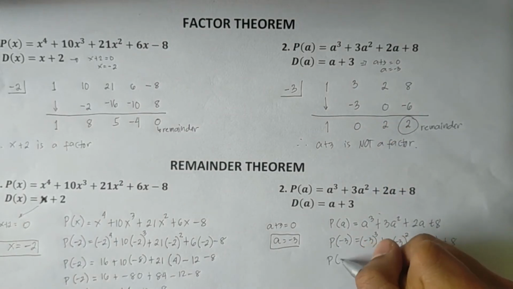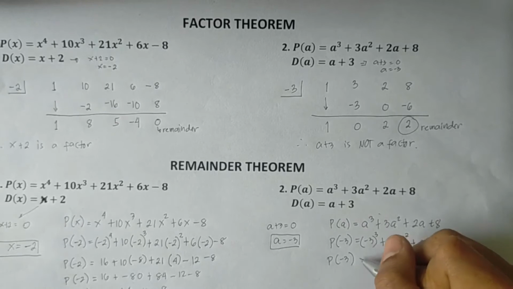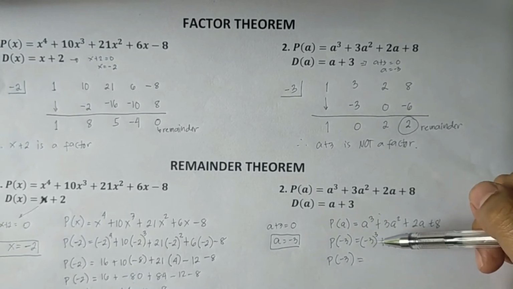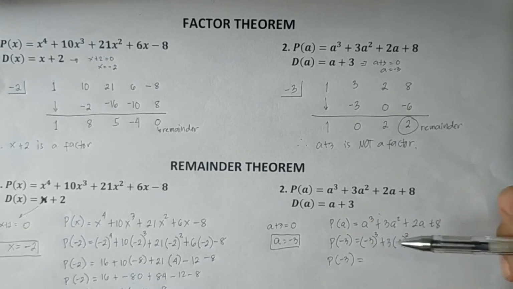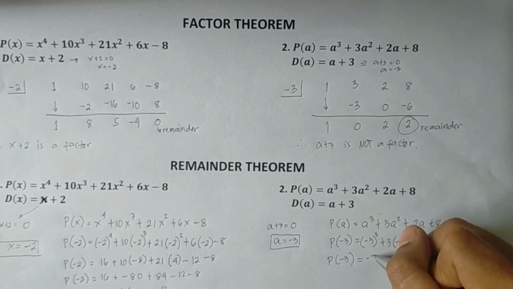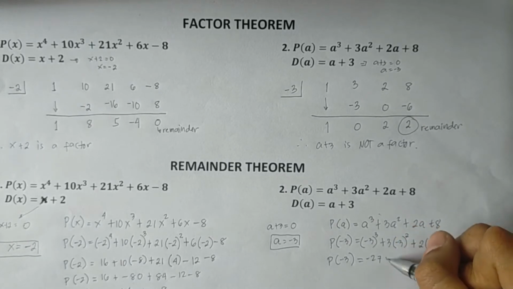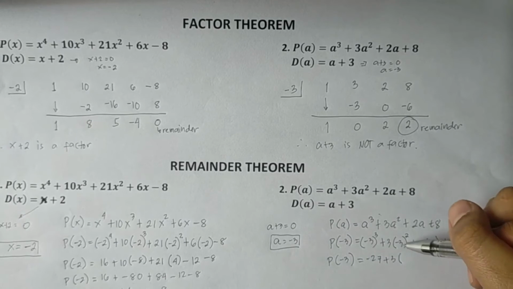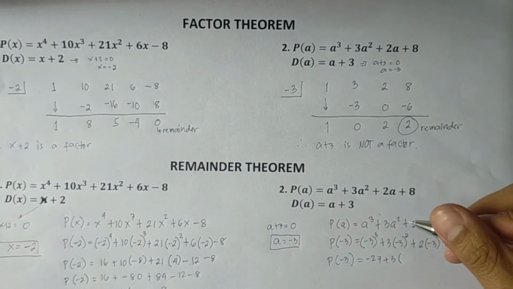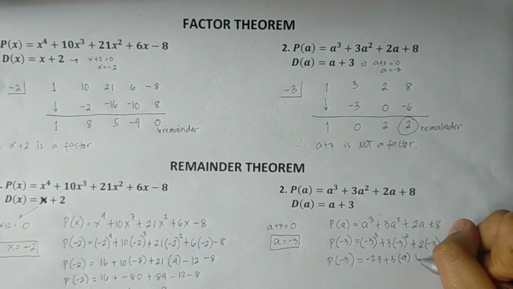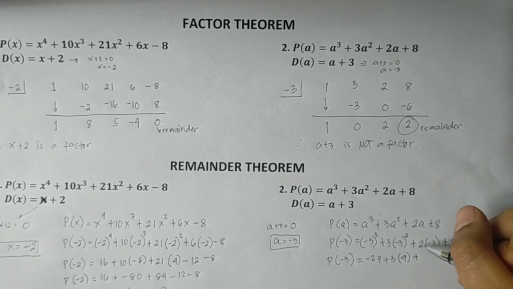So P of -3 equals, what is -3 times -3 times -3 or -3 cubed? That is -27 plus 3 times -3 times -3, that is positive 9, plus 2 times -3, that is -6